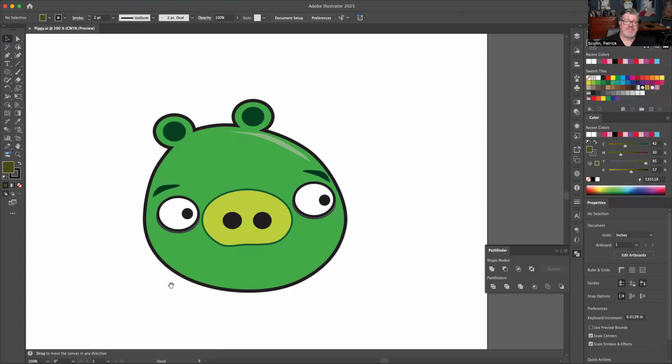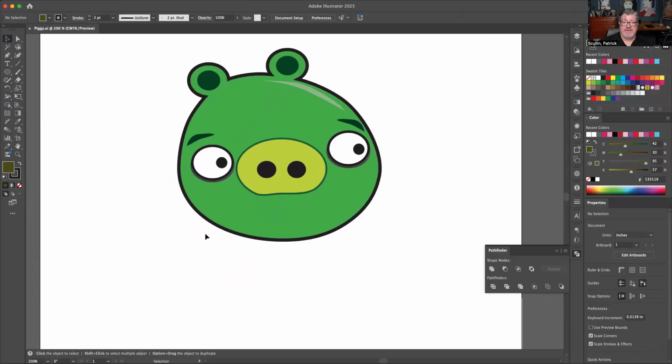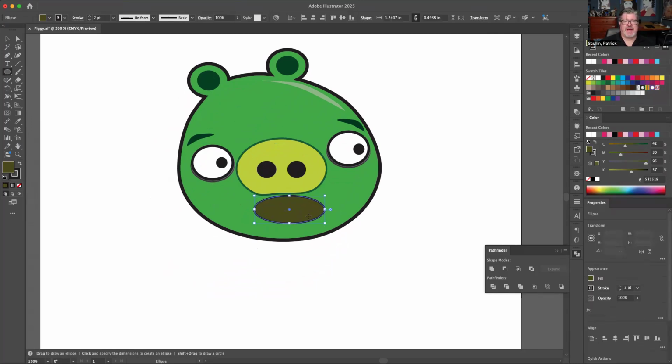So let's say I've got my little angry bird guy here. He's actually one of the little piggies, and I want to draw his mouth. But when I draw his mouth, I want to make a tongue and teeth and have those show, but only inside the mouth. If I grab an ellipse and I draw his little mouth here, let's say,